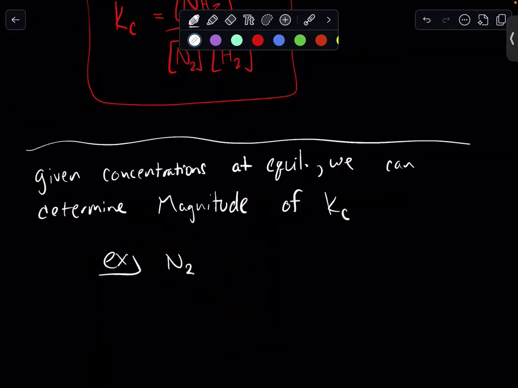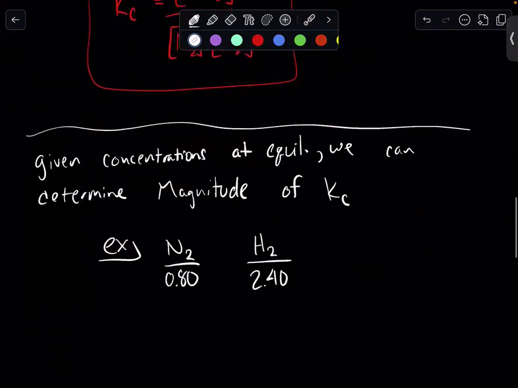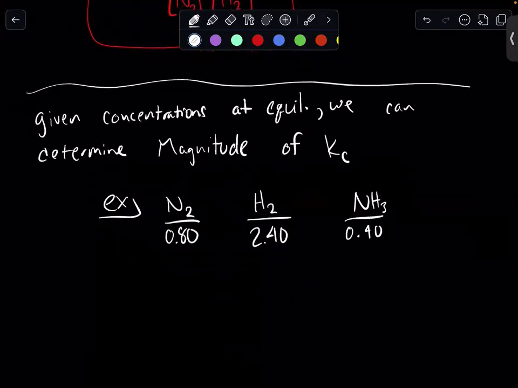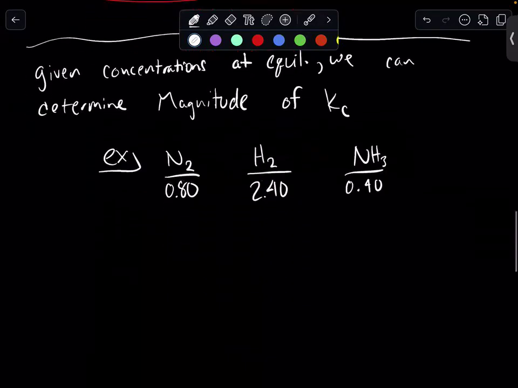And we'll assume that our nitrogen gas concentration is 0.80. Our hydrogen gas concentration should be triple that according to our coefficients if we started with exactly perfect stoichiometric amounts. And our ammonia concentration in this case, we might say is 0.40. This is just some random example. This does not have to be every example of the Haber process. But in this example, at equilibrium for a given temperature, as this is very temperature dependent, we will find that